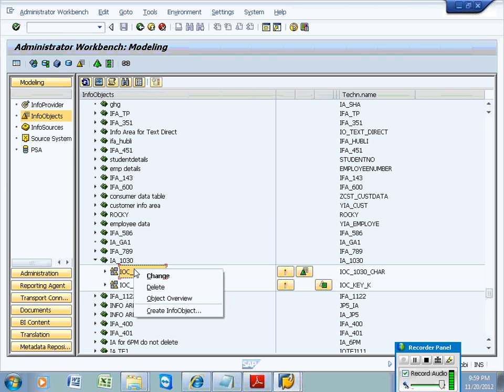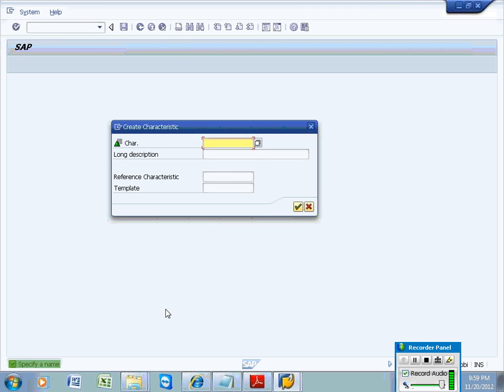Now we need to create the key info objects. I am creating the info objects one by one.